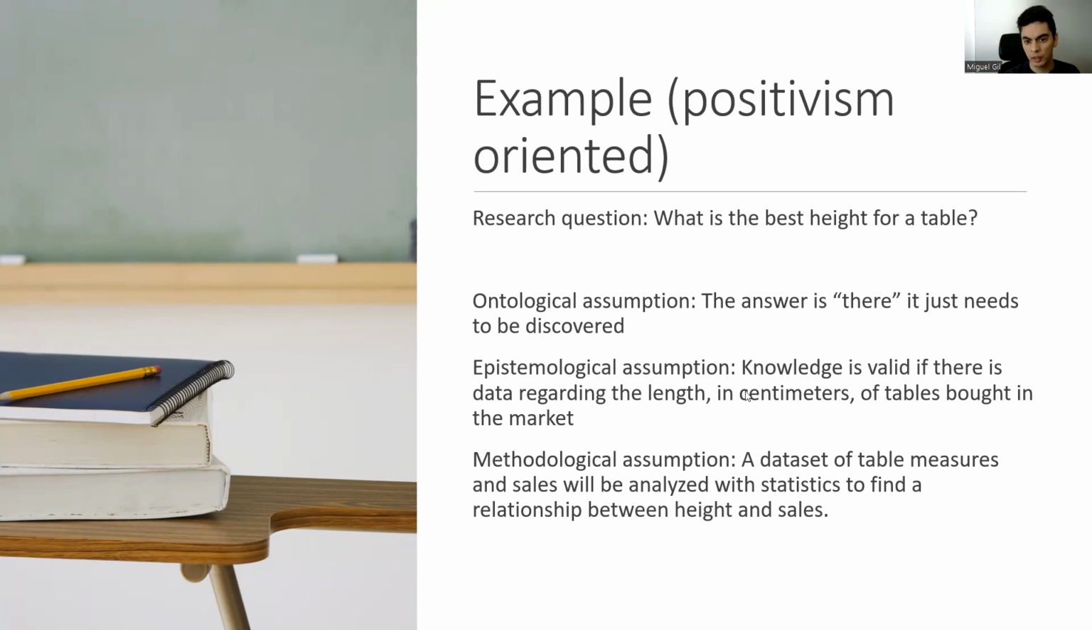So the epistemological assumption is that knowledge is valid if there is enough data regarding the length, probably in centimeters, of a table that people buy in the market. So you need to base your research on data that is very objective and measured, right? Because the answer is there. You want to discover it. And the methodological way to do it is to analyze a data set of tables that are being sold, and then you do some statistics,